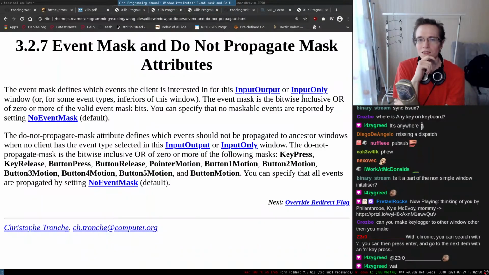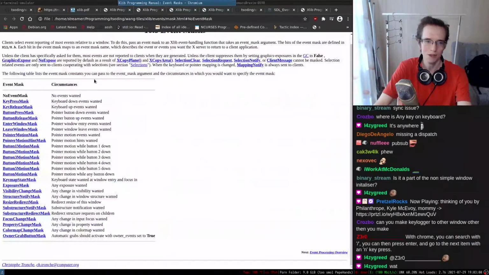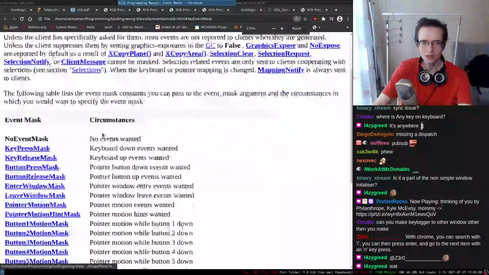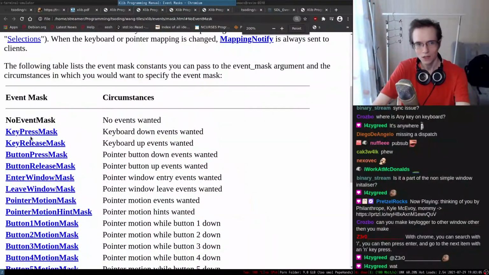So the event mask is a bitwise inclusive OR of 0 or more of the valid event mask bits. You can specify that no maskable events are reported with no event mask. Okay. And here are all of the event masks. Okay. So what we'll need to do, we'll need to call,